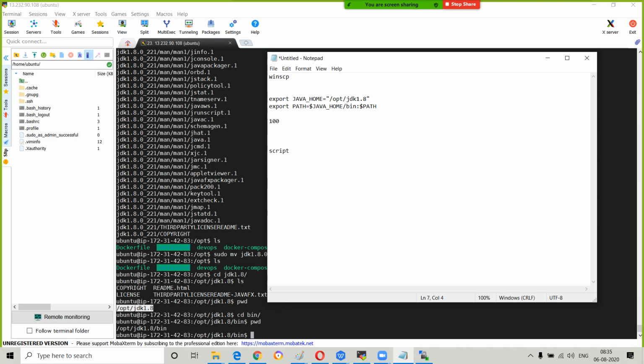Instead of running 100 commands manually, one by one, I will copy all these commands into one script and run the script. In the backend, it will do it in one shot. It will run all 100 commands. Not only 100 commands, whatever commands you enter in the file, all of them will run in one go in the backend.